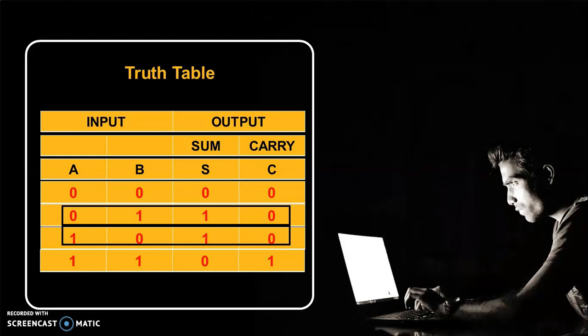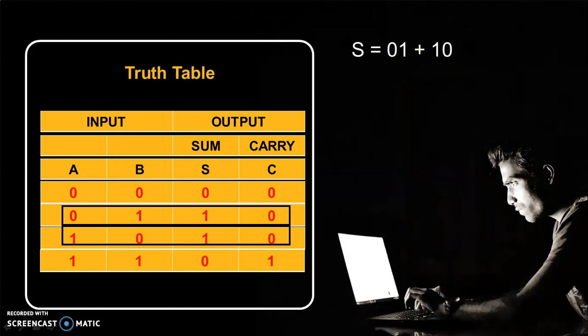So we can write the Boolean function for these two conditions in SOP form. So S is equal to 0 1 plus 1 0. These are product terms, and because we have high output in two conditions, we have two product terms. The first product term is 0 1 and the second product term is 1 0.